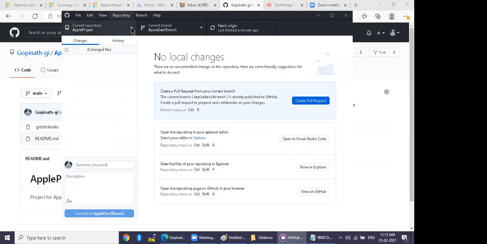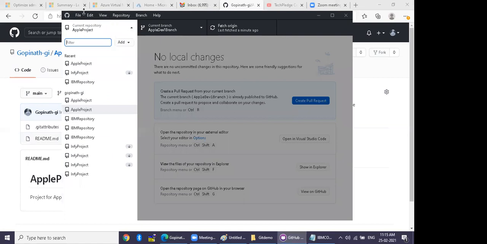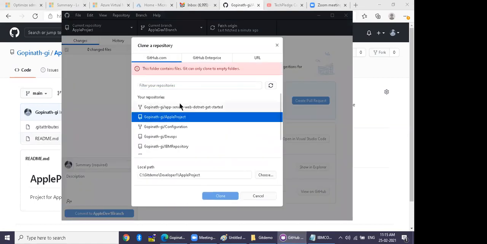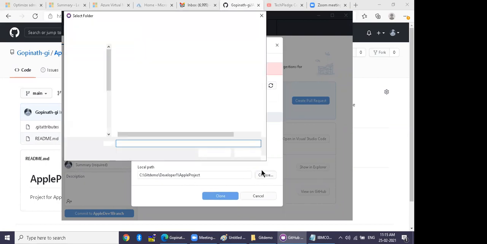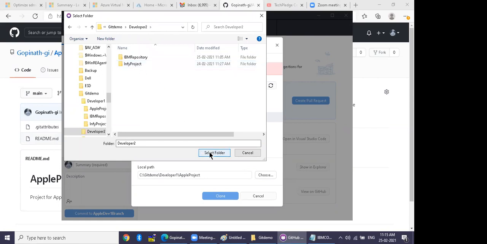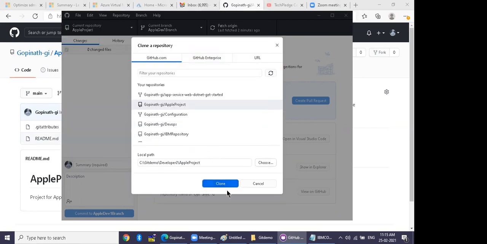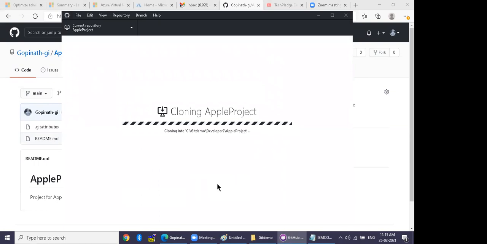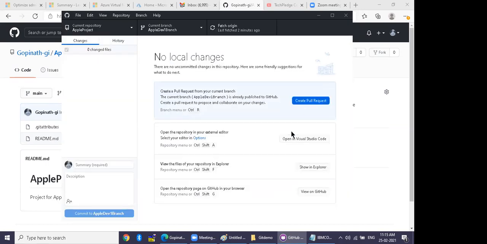First you have to clone the repository. Apple project. So select the developer 2 folder. Clone. First we have to clone, then we have to add the branch. Then you have to add a branch.